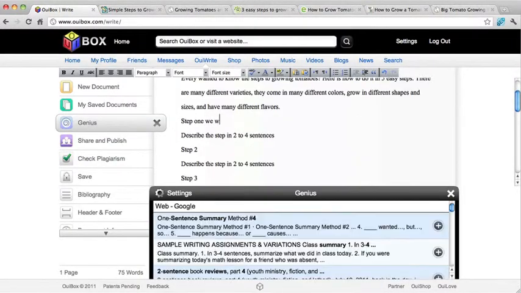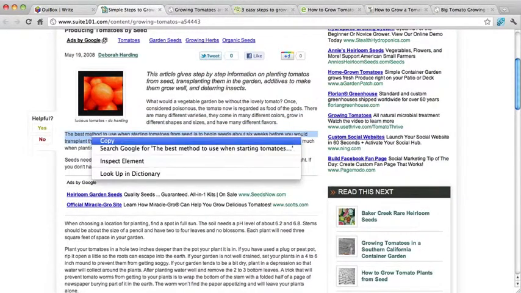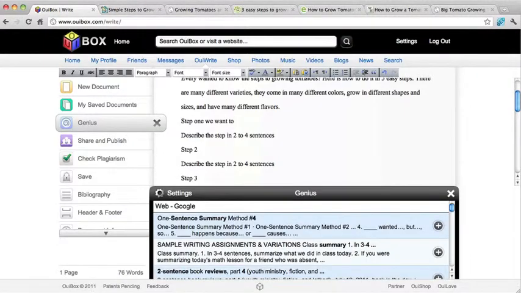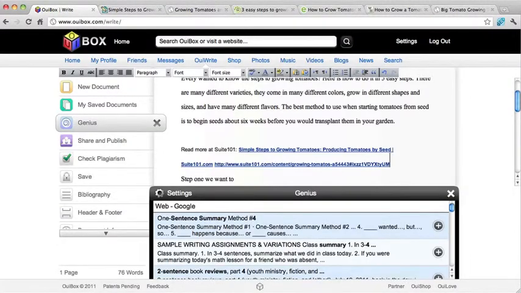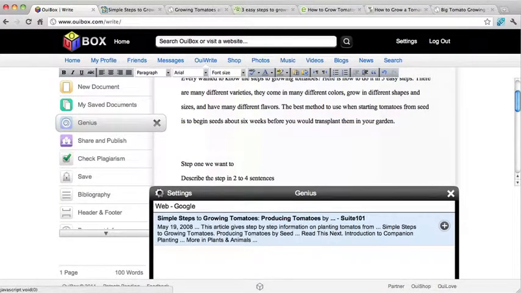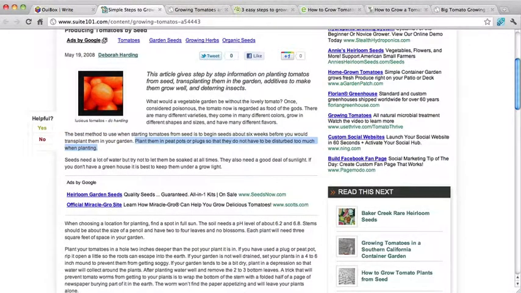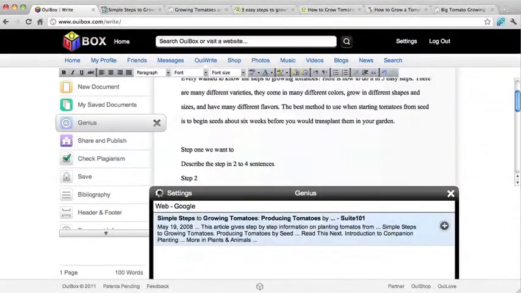So, and this says the best method, and we'll see if we can include that in some way. I'm just copying this here because we're going to be rewording this later to make sure that this is original. This is to give us our base content. Plant seeds in pea pods or plugs, and then they're going to need lots of water. So in step 1,